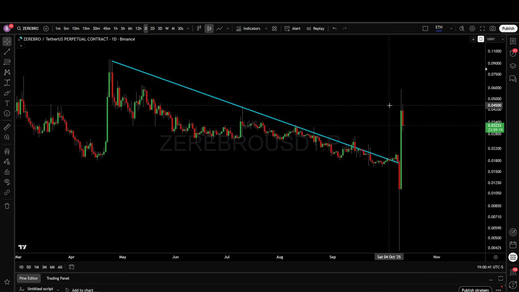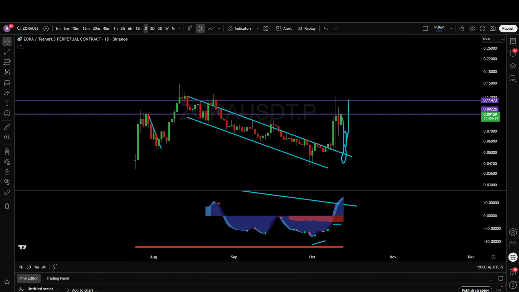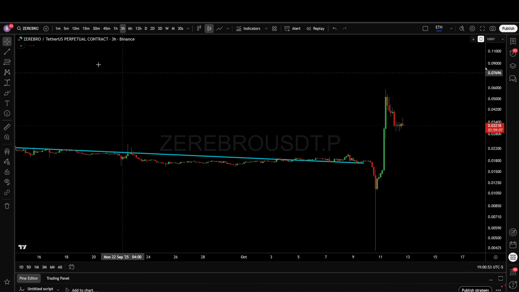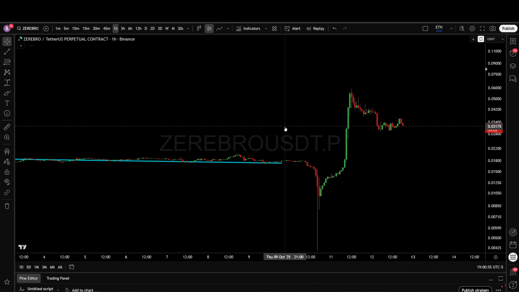So this is kind of the same idea as back here with Zora. It has actually made a true breakout. I think that this was the retest right here, so it may not have another retest. I don't know. But if you go to a lower time frame and just look for your W's and your M's to try to see what you can find,